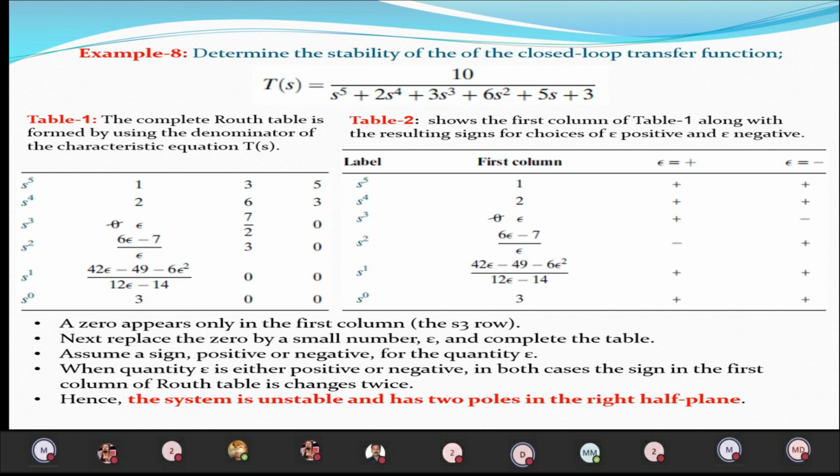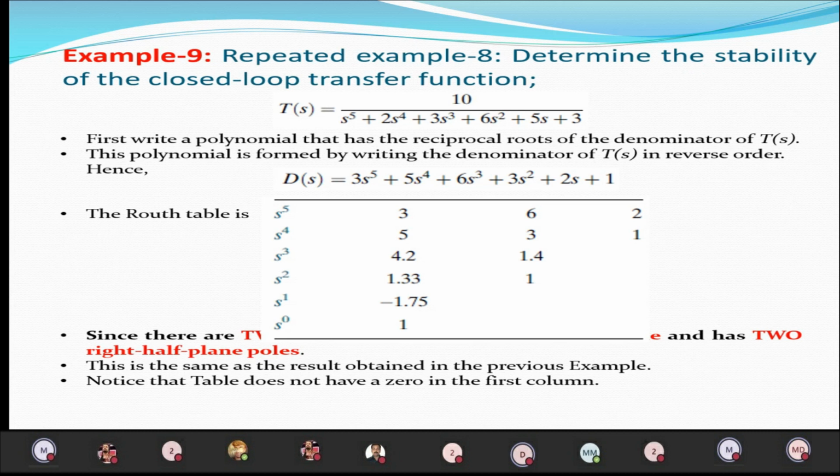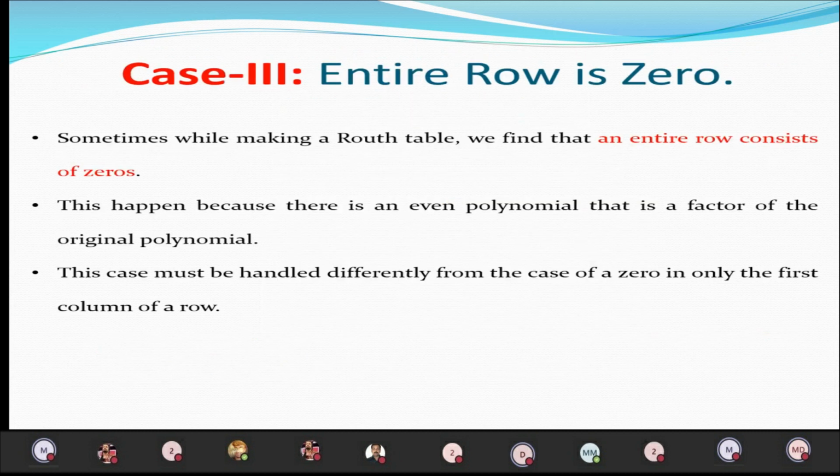Okay, so here you can see only one element is zero, so you replace that with epsilon. You proceed with the construction of the Routh array, and then you replace that epsilon with zero again, so you will get the value as minus some value. Sign changes, therefore the system becomes unstable like that. Okay, so for the next problem, you can see a similar procedure you have to follow. Once you understand it, all of these are very easy.